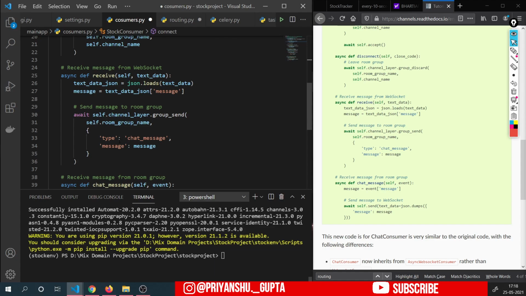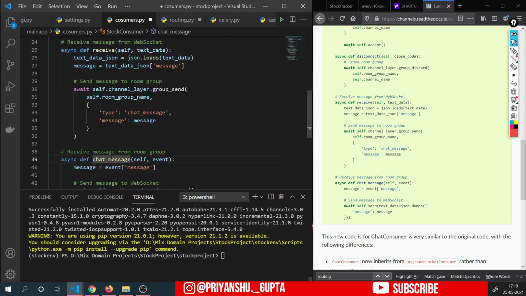And then we will create one more function here. Let's name it stock update, and here type, we will mention the function that will actually send the data to that WebSocket.